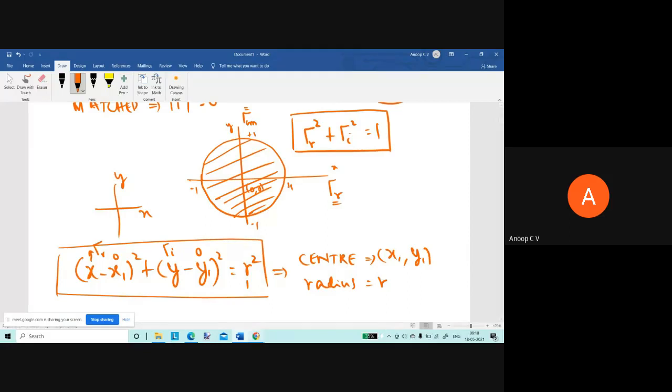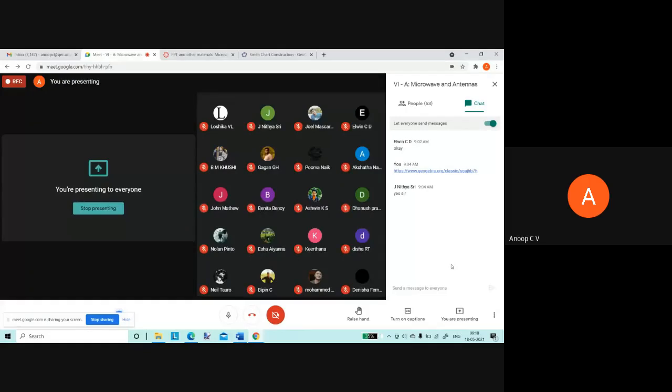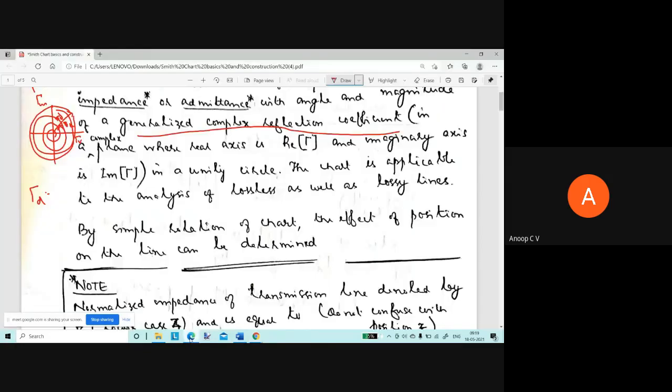Okay, any doubt in this? Did you understand what the unit circle is that I referred to? I hope so. That is what is mentioned as the unit circle. I have made it available. You have to read it today itself.